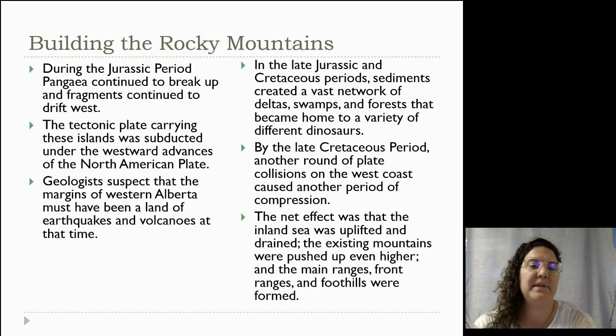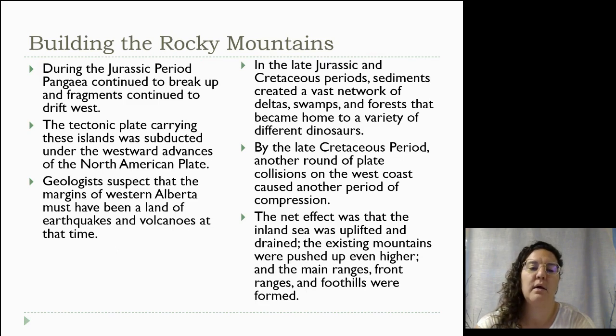So the Rocky Mountains in BC and Alberta and all the way through the central United States were formed during the Jurassic period, or Mesozoic era as well. And Pangaea continued to break up and fragments continued to drift west. So the tectonic plate carrying these islands was subducted under the westward advances of the North American plate. So the tectonic plate carrying islands went underneath the North American plate. Geologists suspected that the margins of the western Alberta plate must have been a land of volcanoes and earthquakes during that time,